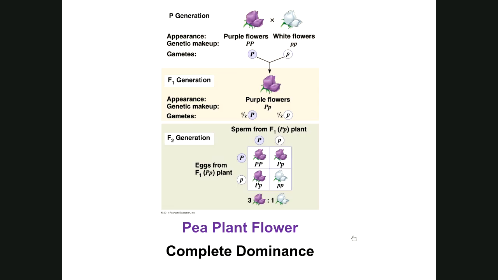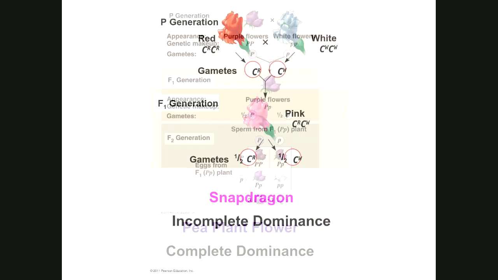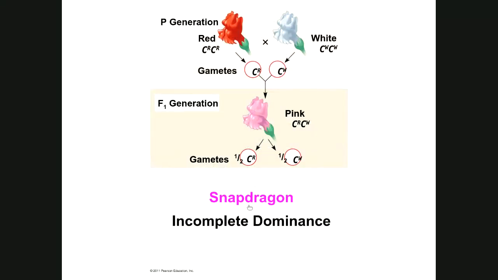So what Mendel found in pea plants in regards to all seven traits was what we call complete dominance. That's where any offspring that are heterozygous dominant, only the dominant allele completely determines the phenotype. So the dominant allele codes for the dominant phenotype. But in other plant species, such as snapdragons, what they found is it's not always true. There are species of snapdragons where red flower color is dominant and white flower color is recessive. However, when you perform a monohybrid cross, the F1 generation gives you an intermediate phenotype, which they refer to as